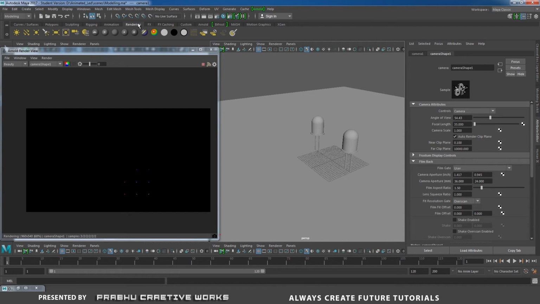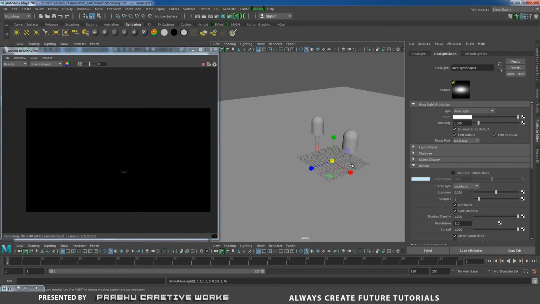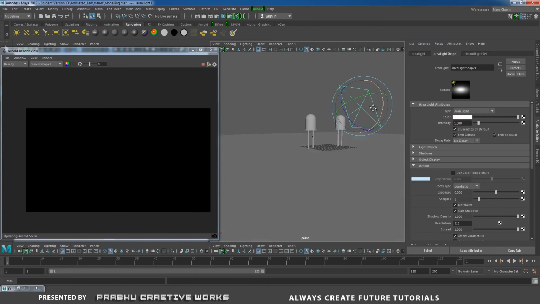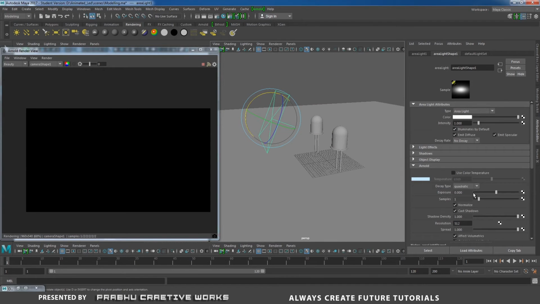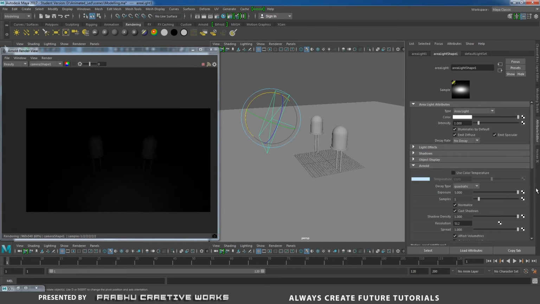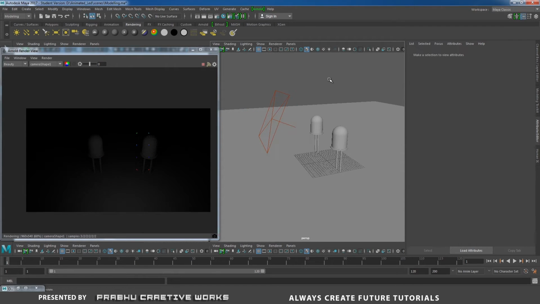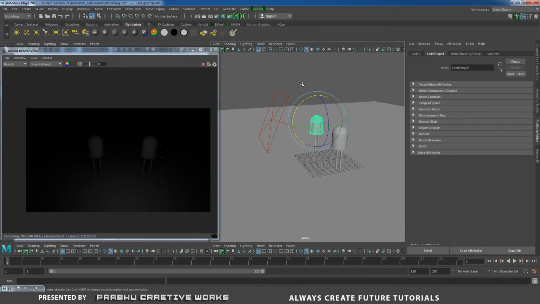So now I want to light our scene. So go to rendering and click on area light and press W, move in Z, and press W and move in Y, and press R and scale big. So I want to move a little bit in Z and move in Y, and press E and rotate like this. You want to angle it a little bit. Now you need to increase the exposure. So I will increase my exposure up to 6. So it's enough. Don't give too much exposure because I want to emit light from these LEDs.